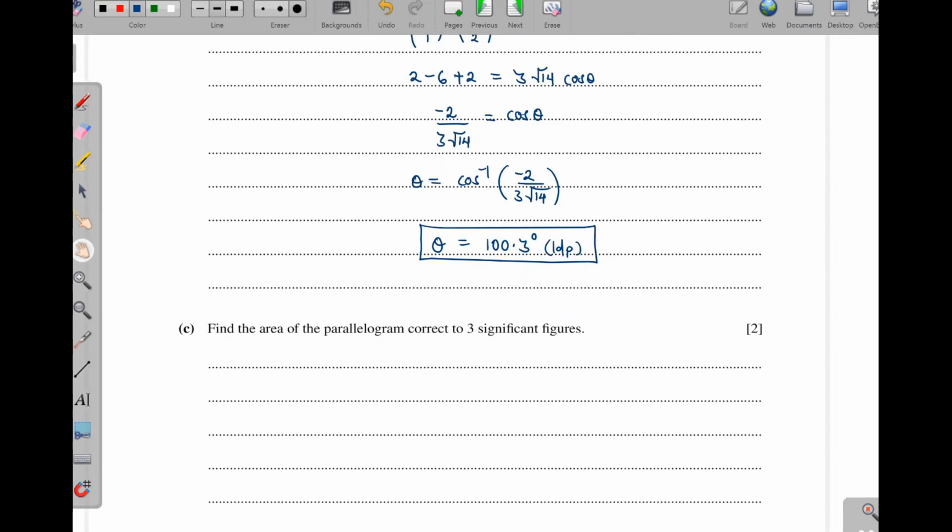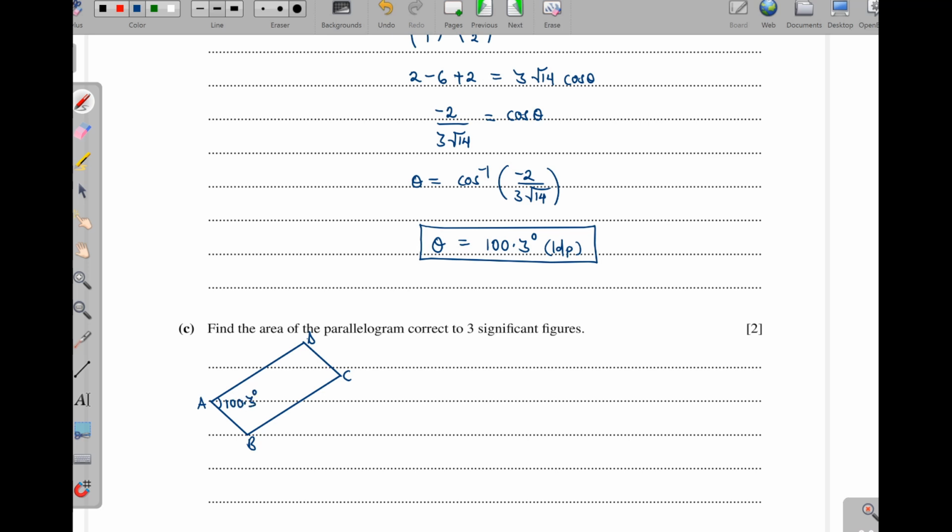Then next, part C, they are saying that find the area of the parallelogram correct to 3 significant figures. Now, we are having our parallelogram here, okay? Like I drew it before. So we have something like this here, and then I'm going to connect this to that, and also this to that. Well, this is B, this is A. Don't mind about the diagram. This one does not depict that the angle that we are having is 100, but I'm just going to leave it that way,